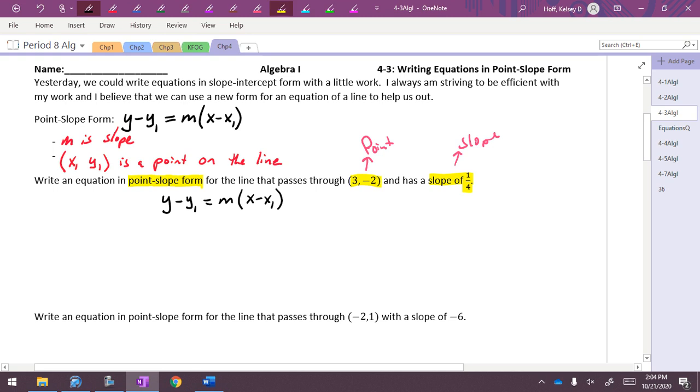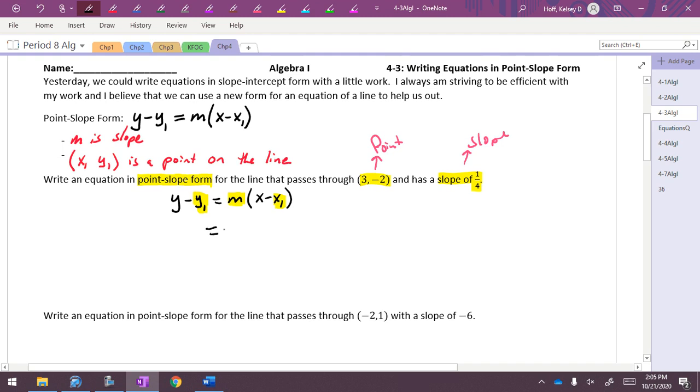There's 3 pieces we need to fill in. Technically, there are 2 things, but m is always going to be your slope, and then x1, y1 will be your coordinates from your point. Okay? Easiest thing to do is to fill in your slope. Your slope is 1/4. So we know this is going to equal 1/4. All right, so we always write a y. We always write a minus sign. What's your y coordinate? -2